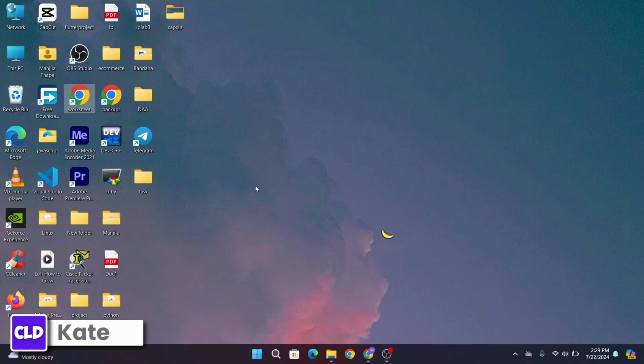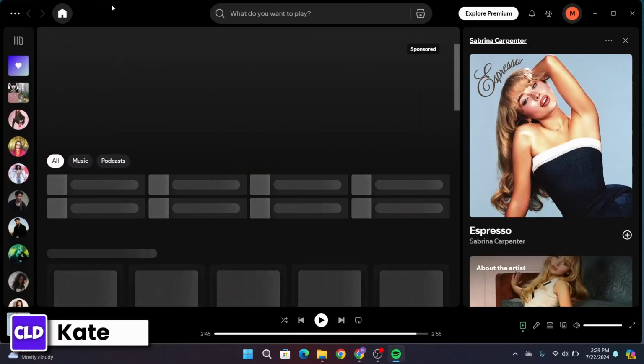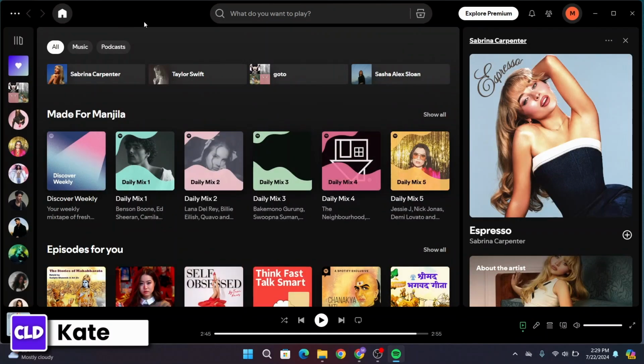First of all, open up the Spotify in your PC. After that, make sure that you're logged in with your Spotify account. Once you're logged in and you land on your home page, now all you have to do is select a song. After you select the song, navigate to the bottom right corner of your interface where you will find a